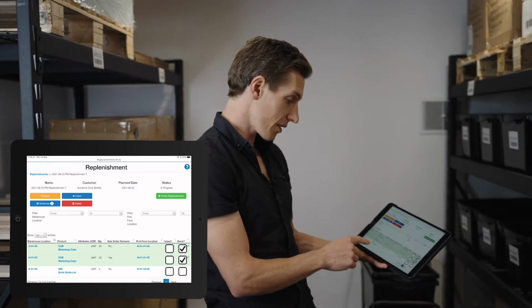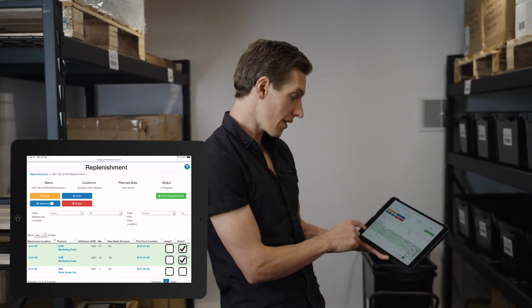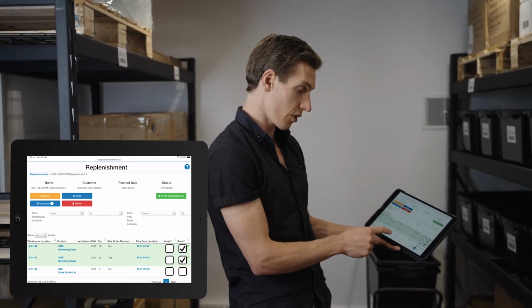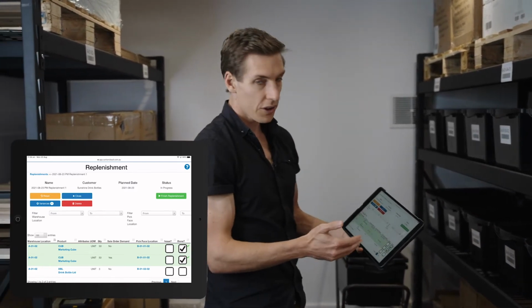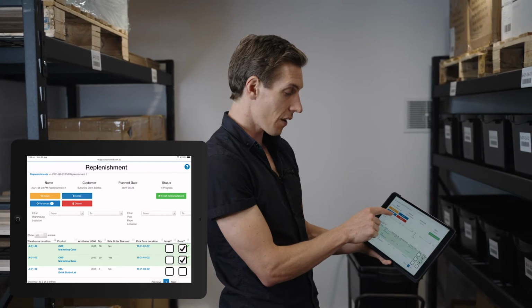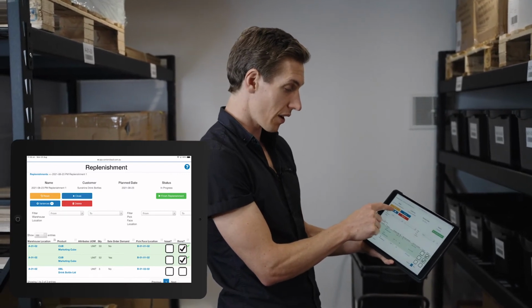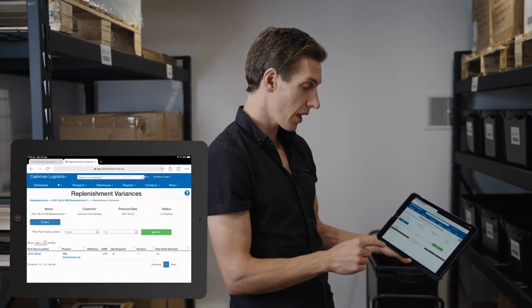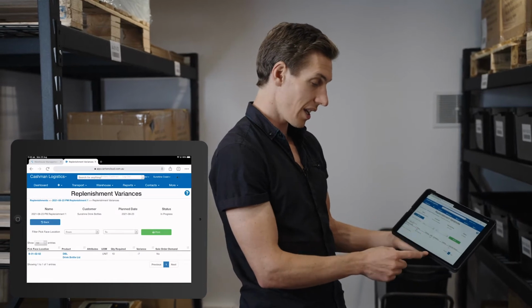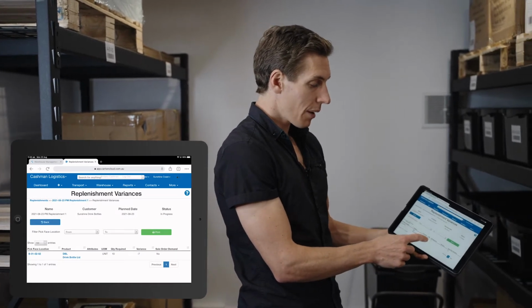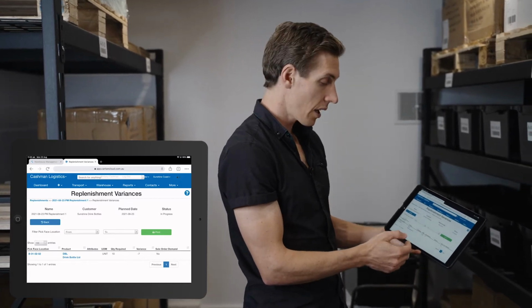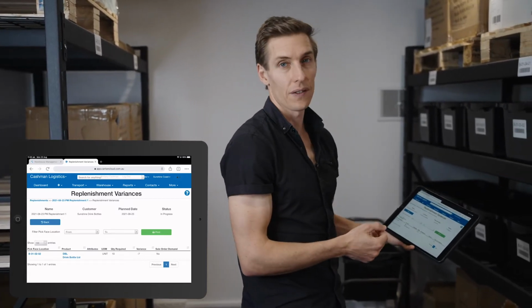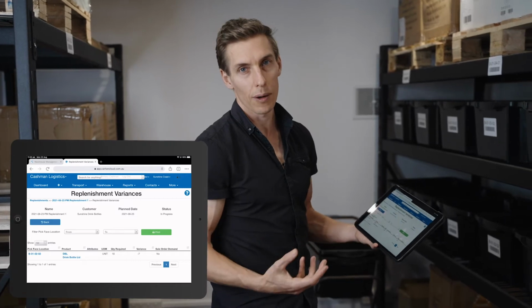With the next product, the drink bottle lid, I've got 3 that I need to move from A0102 into this location here. Now, this replenishment has a variance listed. So if I tap into this variances button, on the next screen, what I can see is that generally I would be replenishing 10 of this product at a time. However, I've only got 3 of these left in stock, and so I can only replenish a total of 3